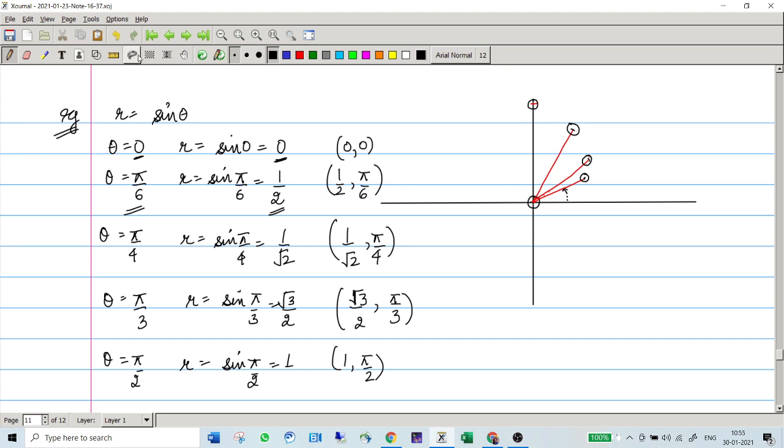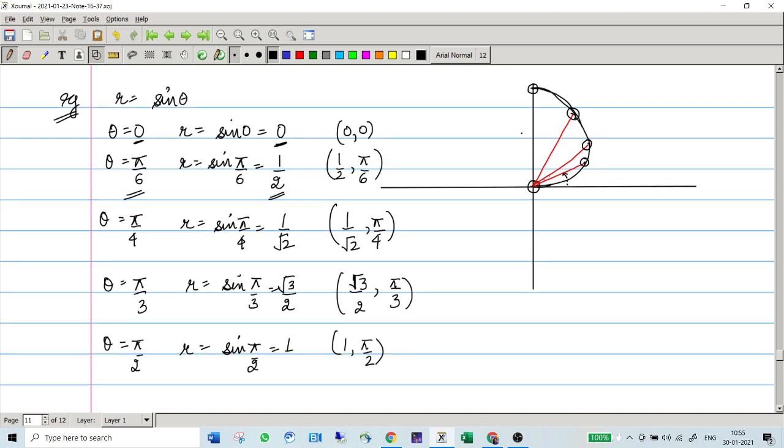So let us just collect them. What do we do? When we plotted x and y, we used to join them. Exactly the same thing. We have collected the points (r, theta) and we are now going to join them. So this will look something like this. You will get a structure something like this.